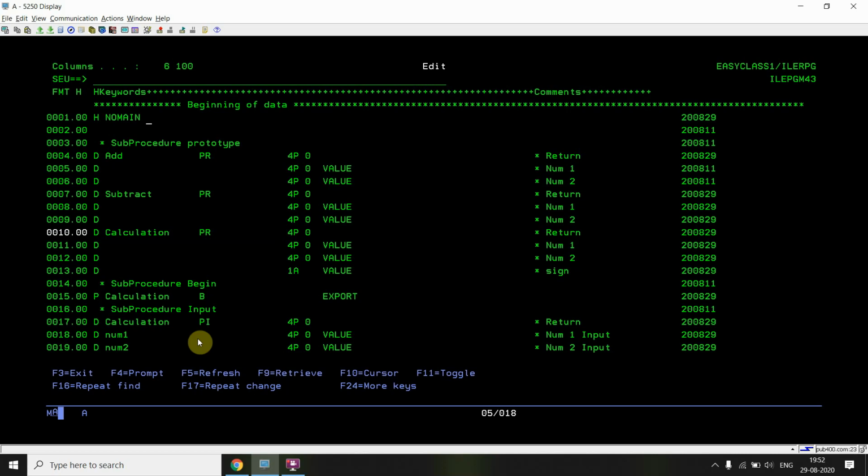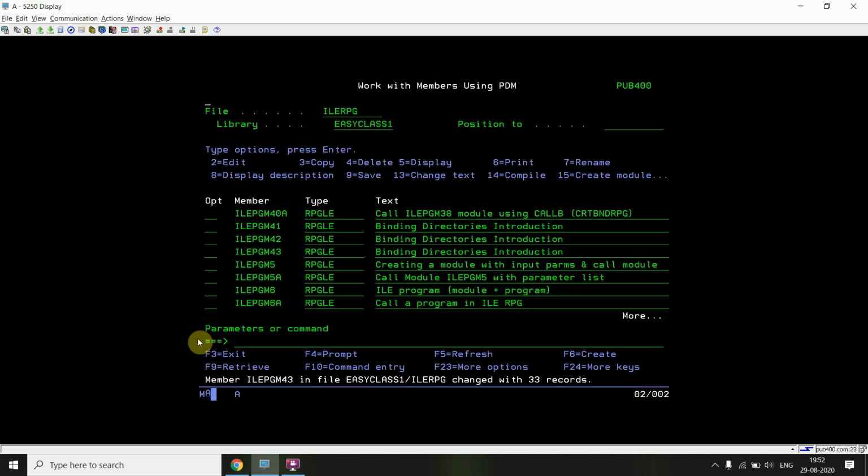So let's see. This is a domain module, and I'll be using BNDDIR as ILEBNDR, so I'm binding the binding directory.